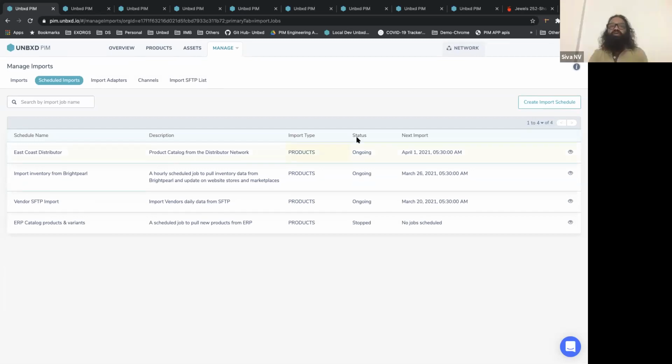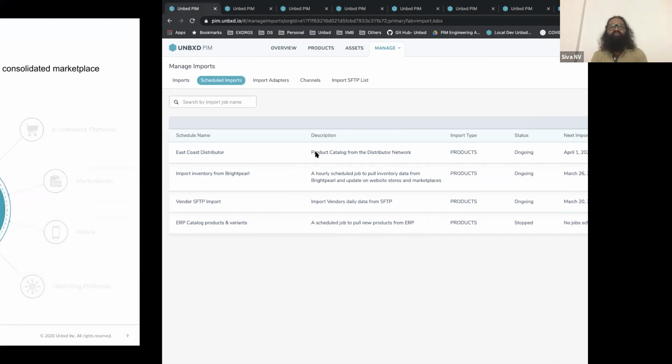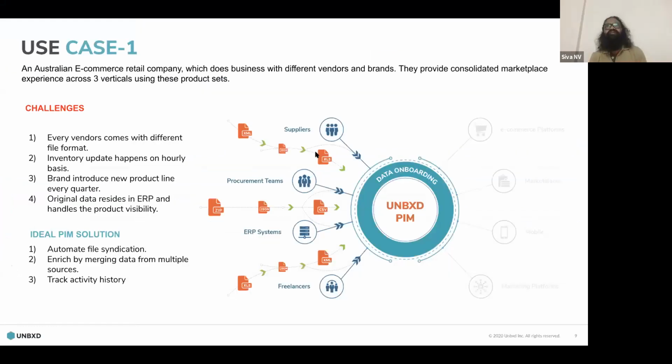So going back to the problem statement of how this e-commerce retail company is using different PIM components for streamlining the data ingestion process, from a consolidated single source of truth system, we have the images, descriptions in HTML format, in normal text format, your tags, keywords, your product ranking, the most popular products. If the information is coming from different systems, everything is aggregated in one place so that the eventual product experience on the website is seamless. And an ideal PIM solution should be